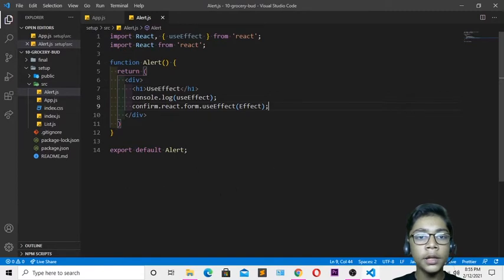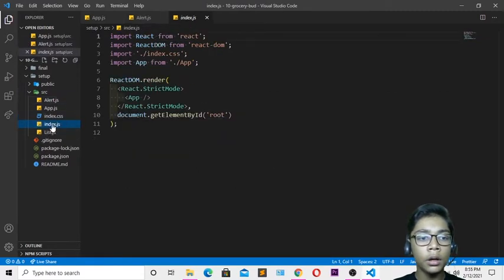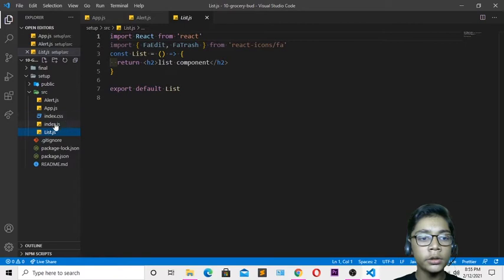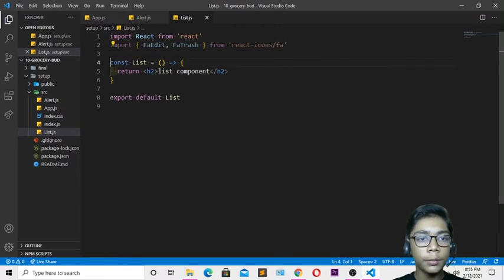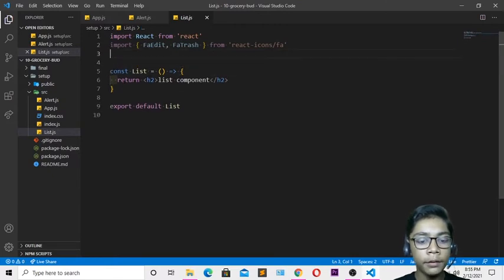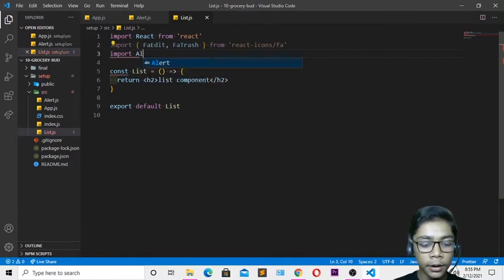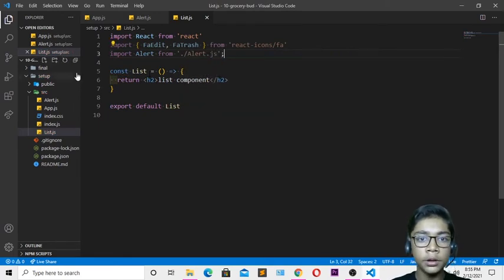So when you define all these things, you have to go to your list.js file, because in this index.js file, like I've told you in previous projects also, we don't have to do anything. So in this list.js file, you have to just press enter over here, and I will be importing something, which is called alert. So I'll be writing import alert from, and I'll be writing dot, and alert.js, which is our file name. So I'll be closing that, close this, and over here also. Just hit save over here now, and you can see we have defined all the things which we have to define.